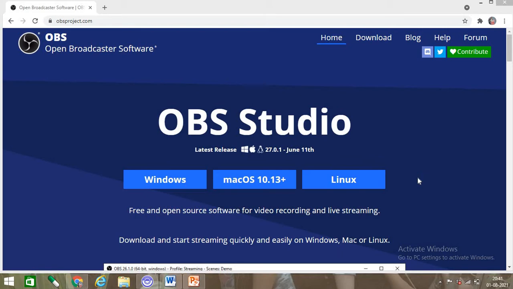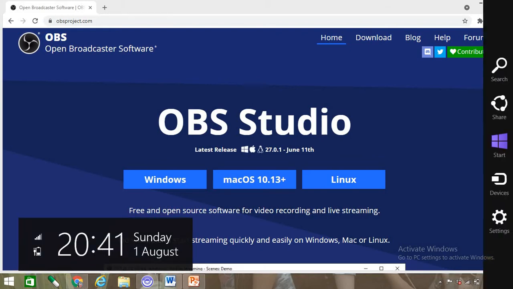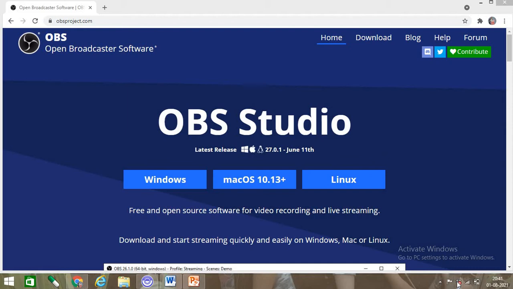But here it is free. Your video may be more than 1 hour duration and it provides the best quality. In some screen recorders, you get a watermark, but in OBS you don't have any watermark. So it is the best screen recorder for your desktops.